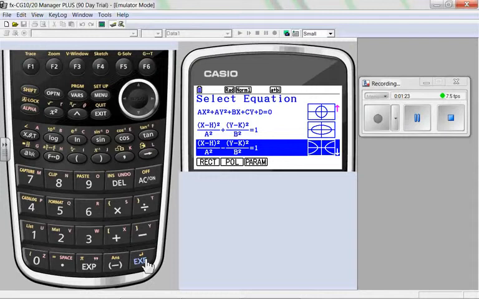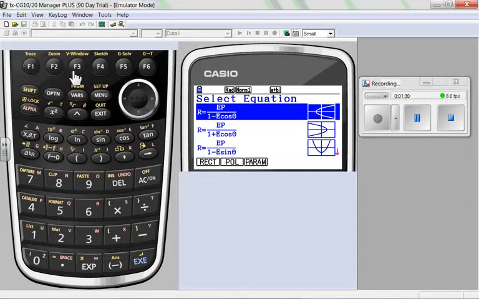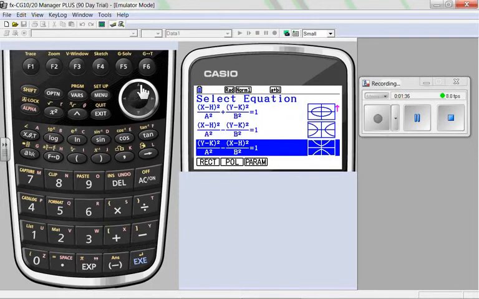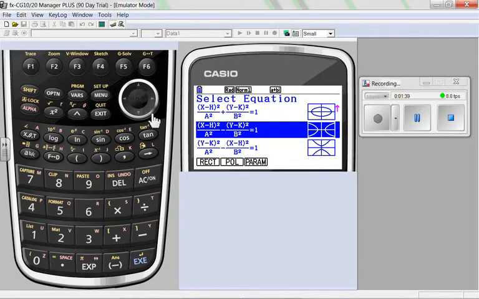So let's see. Take a look at that. I'm currently in rectangular mode. Notice the different modes. If I press polar, I can do polar or parametric. I want to stick to rectangular mode for today. We'll do some of those later on. Anyway, I was at an ellipse. We'll go with a hyperbola. Hyperbola opens in the x direction.